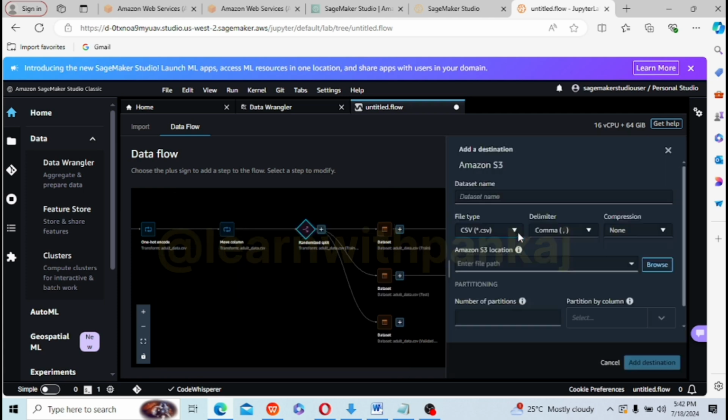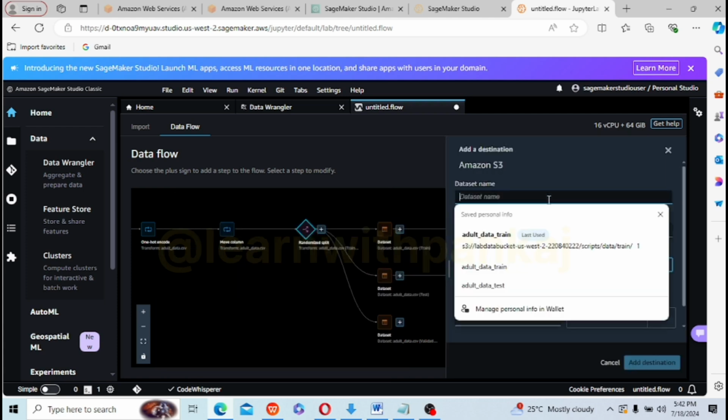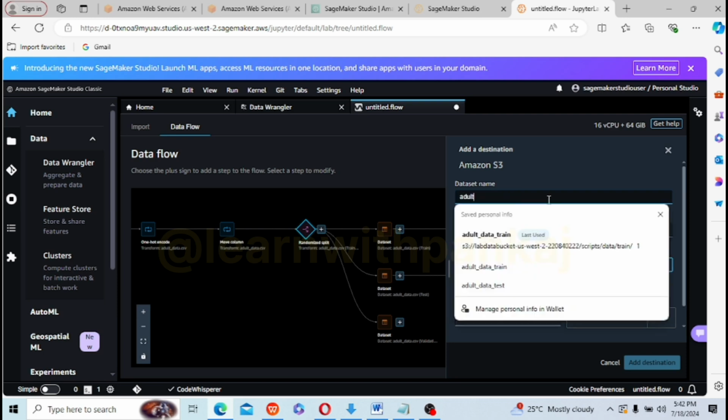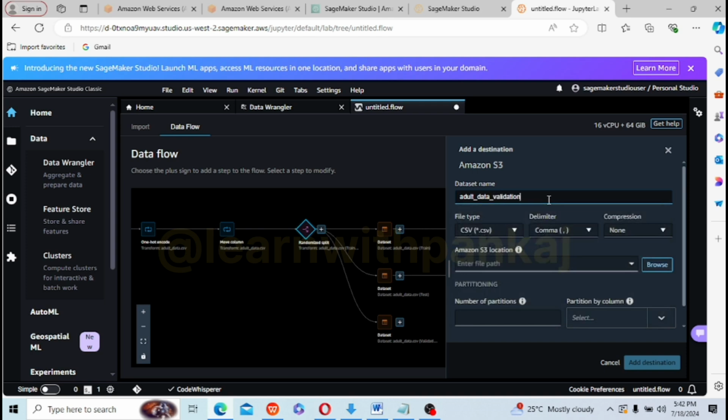Add destination, Amazon S3, adult data validation.